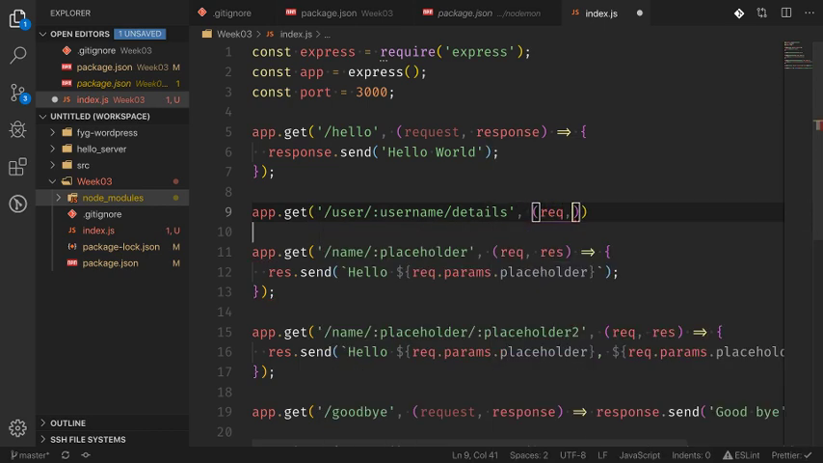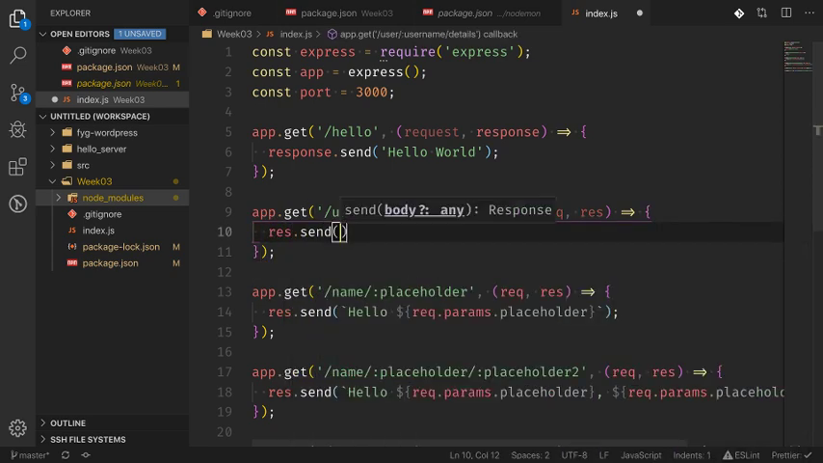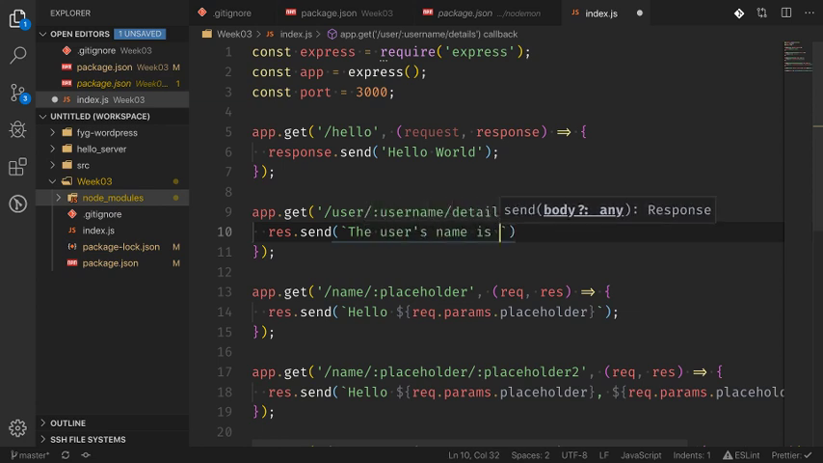So we have our request, our response, and I'm going to send back res.send the user's name. Oh, I'll just use the interpolated string. That's the other thing that's also really nice about template literals, is that you can use both single quotes and double quotes without having to escape them. So I can just say the user's name is, and then say